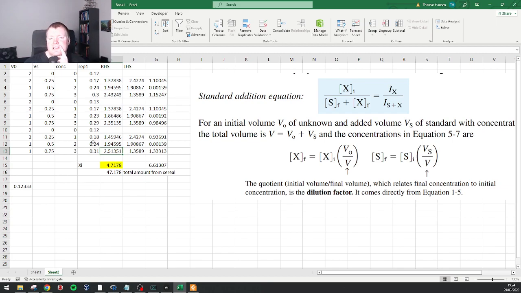Did I mess something up? Two, 2, 1, 1, 2, 2, 1, 1, 2, 2, 1, 1. All looks fine. These shouldn't change. Concentrations, we don't use them. Who cares? That's our absorbances. We take